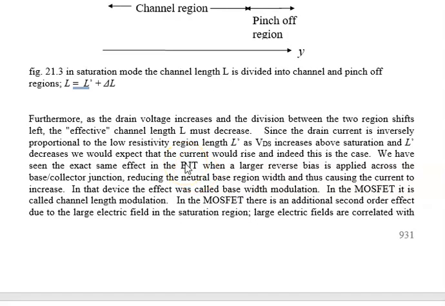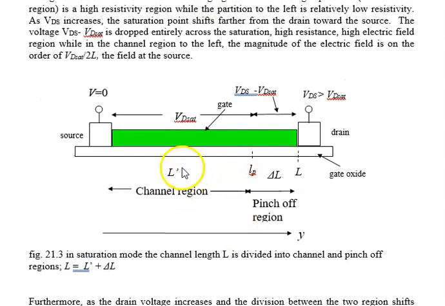So when going through this exercise with the transverse electric field, we actually come to two bottom line takeaways. And here they are. One is we have something called channel length modulation. The channel gets smaller. Here's the channel, L prime. As VDS rises above VD-SAT, this double arrow grows, moves to the left. And this point where the arrows meet moves to the left. L prime gets smaller, the electric field gets larger, the current gets larger.